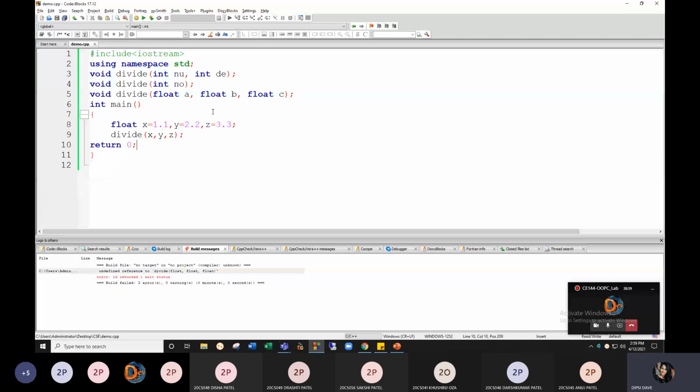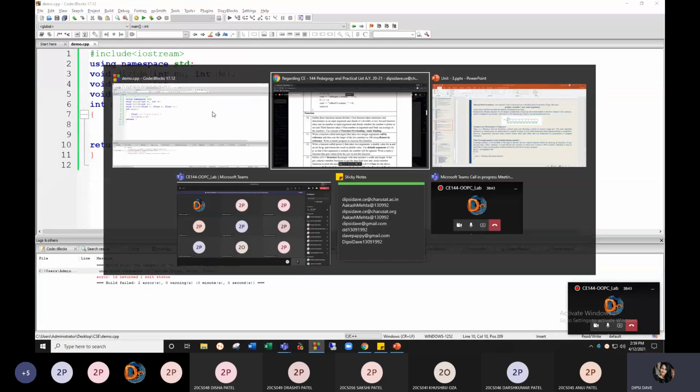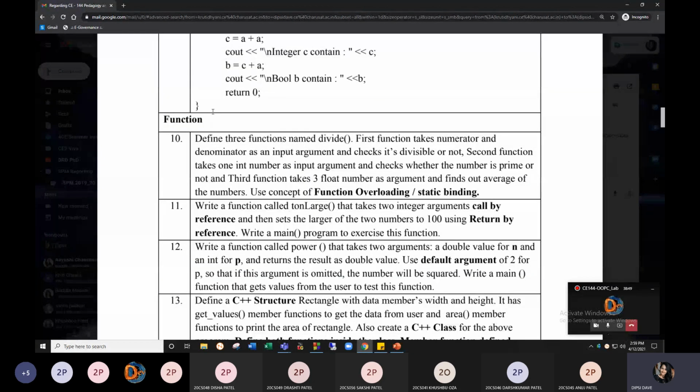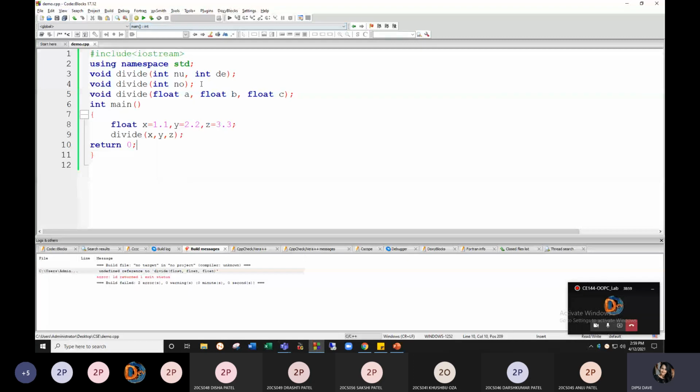So what is static binding or function overloading? That in the same program, if you have more than one function with the same name, same return type, which is allowed in C++, we have to just focus on the number of arguments and types of arguments.